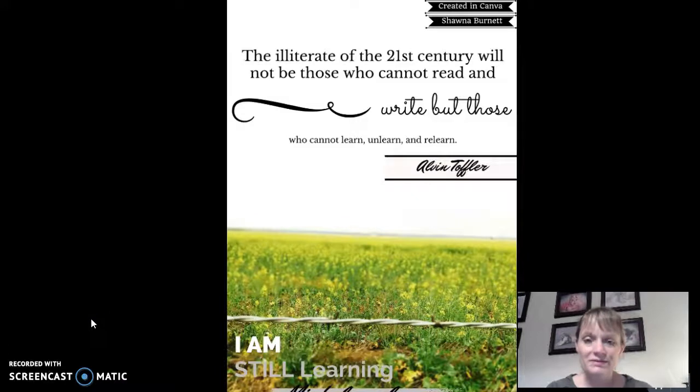For our final project, we had to create a poster that had to have a focus and a message to help us with the digital fluencies. I wanted my focus to be this quote up here at the top in the poster, and I wanted it to relate to what we've learned in this class this semester as well as to where my students are headed next year. I took a picture of the field in bloom, the Milo field in bloom across the street from our house. I uploaded the picture and I blurred the background a little bit, and I played with the colors and changed the color a little bit